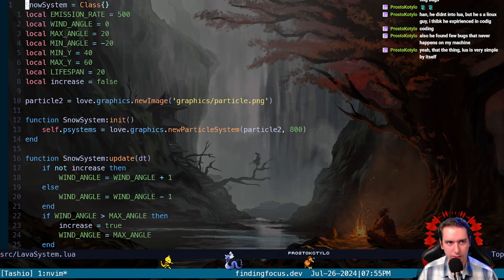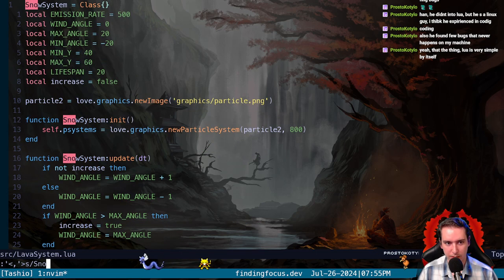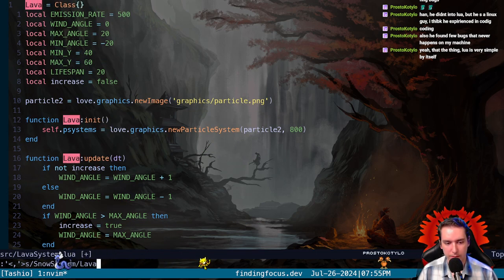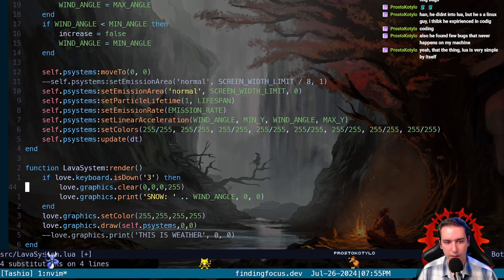So we have a lava system now. So we can go ahead and substitute any snow system with lava system. And then we can print up